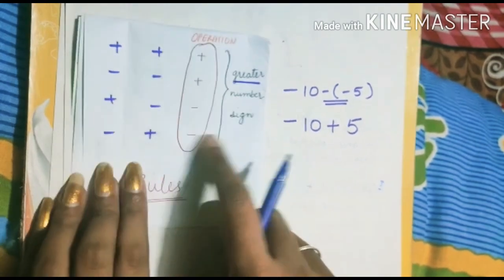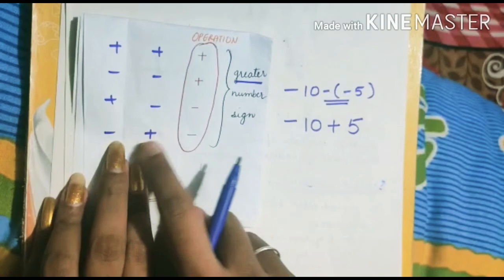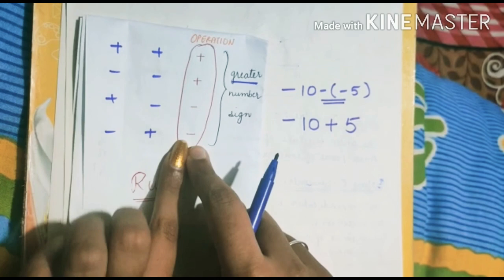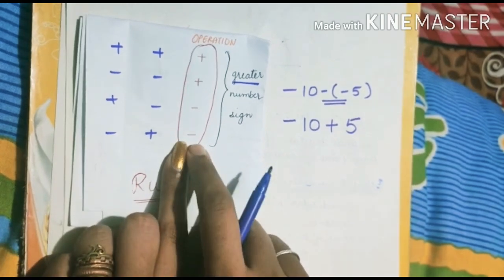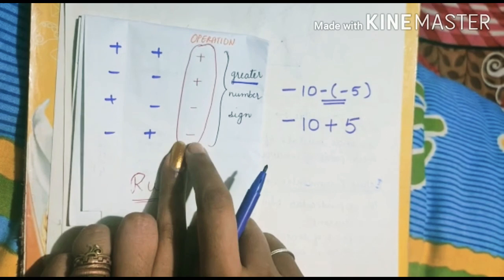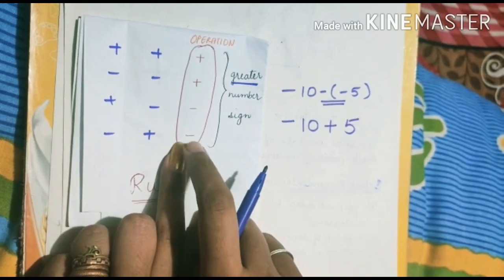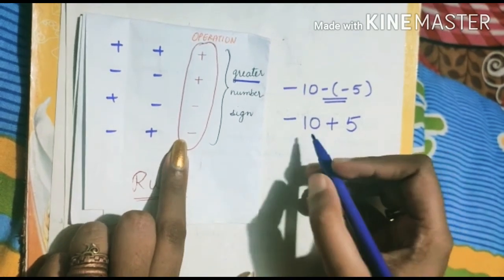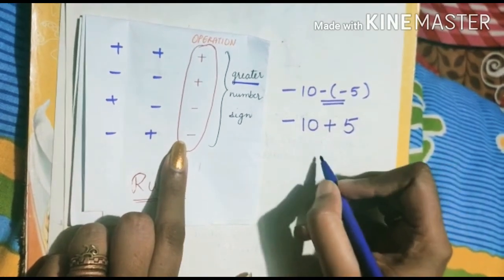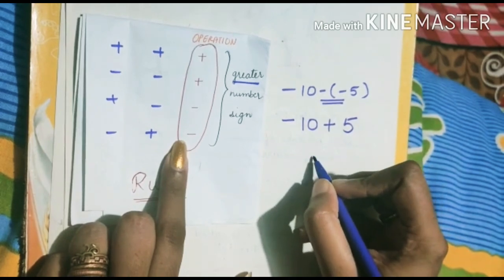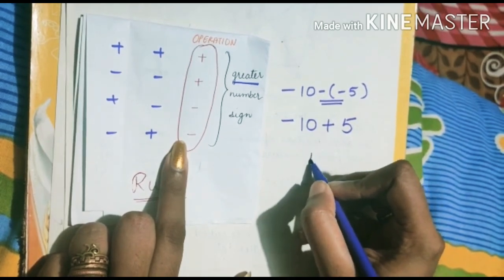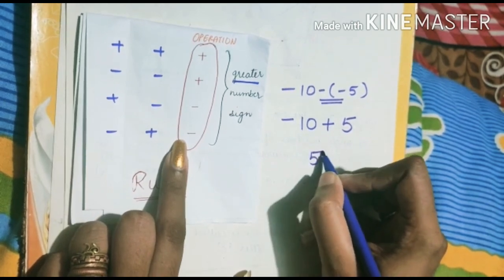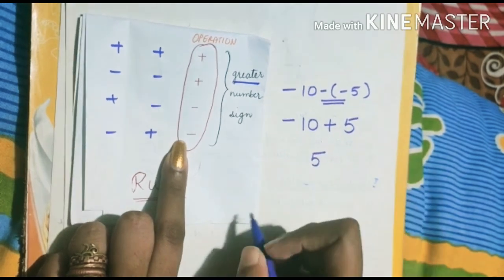Students, what do I have to do? I have to subtract it. Let me repeat. Minus into plus is minus. So students, I will subtract it, and which sign will I put? I will put the sign of the greater number. Let me repeat once again, when you have one positive and one negative number, you have to subtract. If you subtract it, what will you get, students? 10 minus 5 will give you 5, and you have to put the negative sign along with the 5,